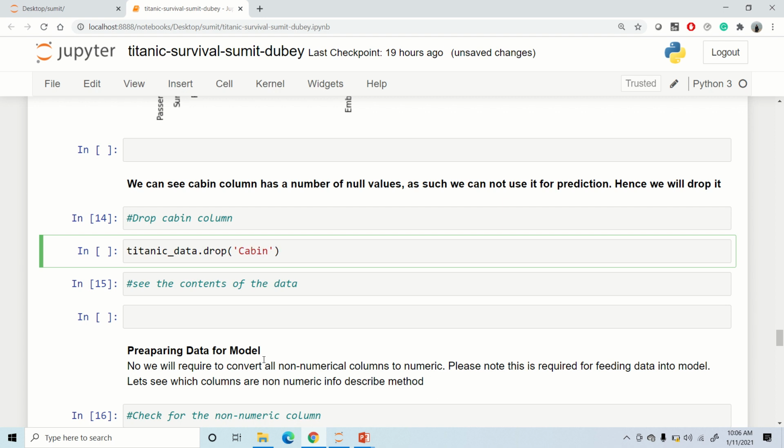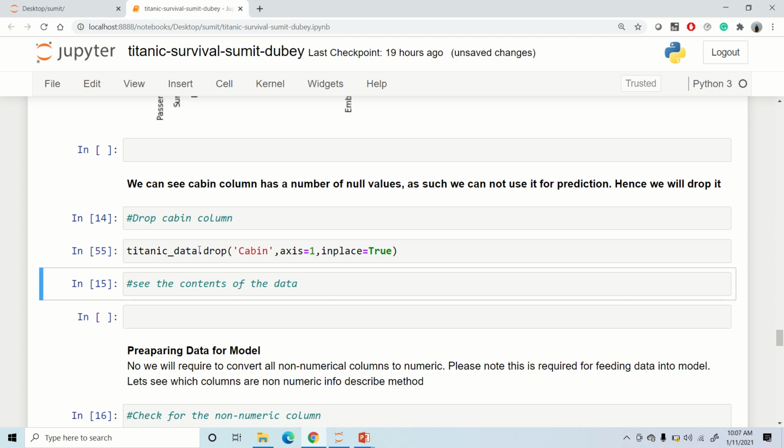And if we want to drop a column, we'll say axis is equal to 1. Otherwise for rows it is 0, for column it is 1. In order to make this change permanent, I'll say inplace is equal to True. This would drop the cabin column from my data frame.